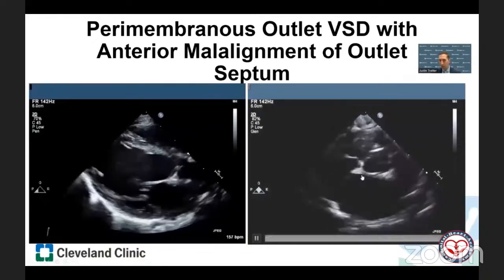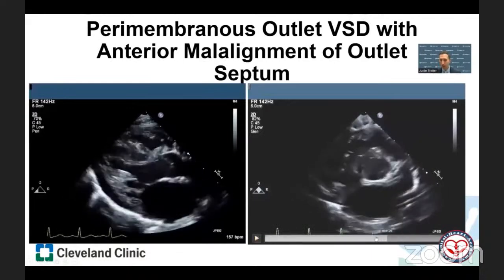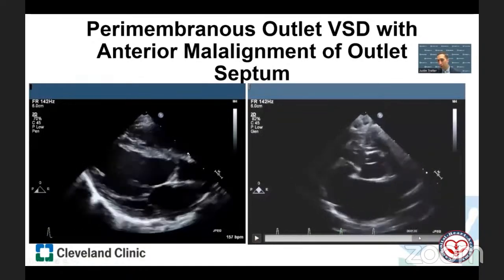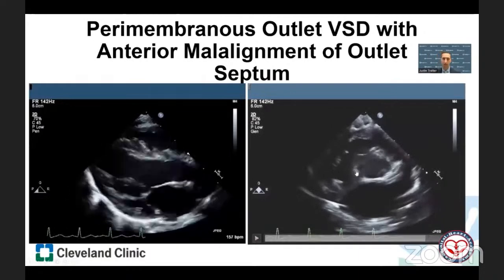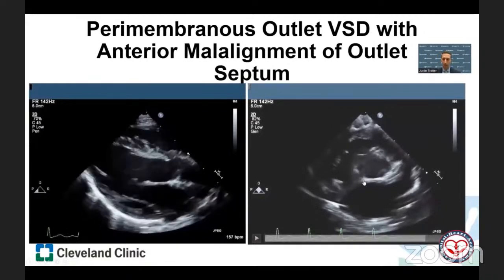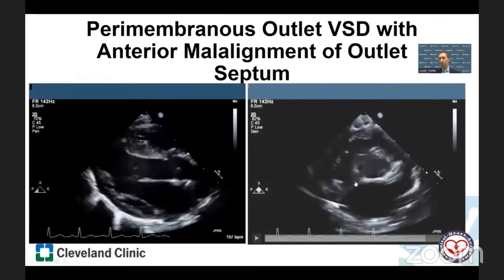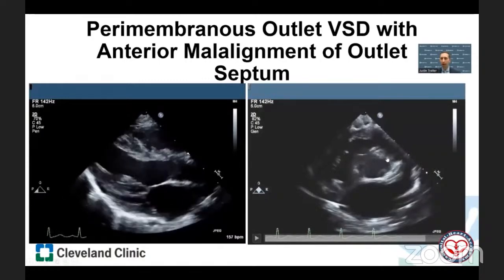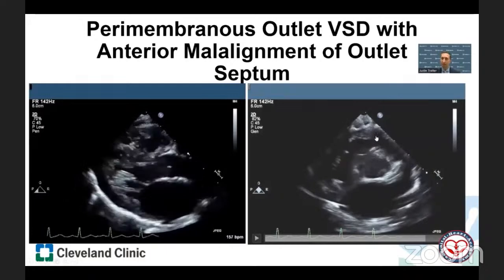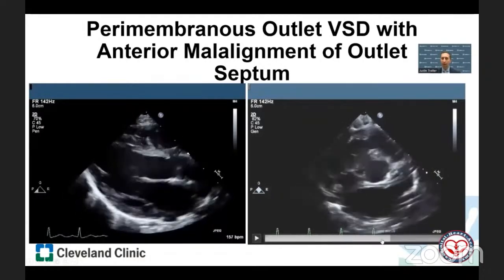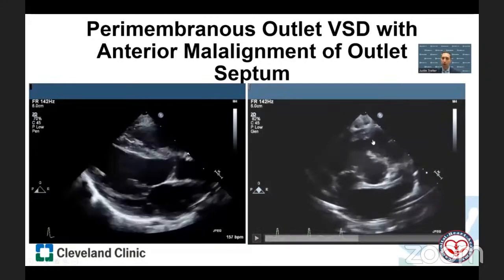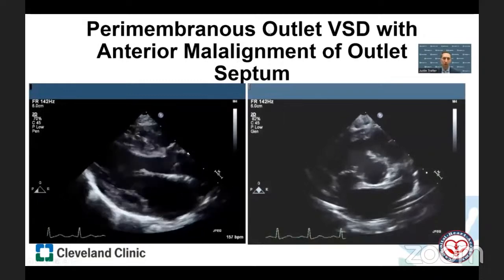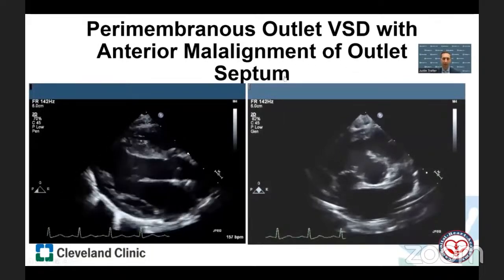There's the septal leaflet, and we see it going right down into the aortic mitral fibrous curtain, into that remaining area of the central fibrous body. So we see the septal leaflet coming right down into the area of the right fibrous trigone in the aortic mitral fibrous curtain. So this is a perimembranous defect. It's opening to the outlet of the right ventricle, and the outlet septum seen here is anteriorly deviated into the right ventricular outflow tract. However, unlike tetralogy of Fallot, we see a very well-developed subpulmonary infundibulum with no subpulmonary obstruction. So this is a perimembranous outlet VSD with anterior malalignment of the outlet septum.